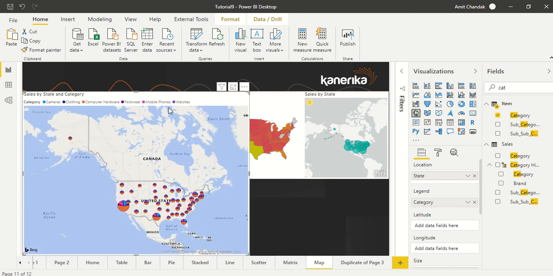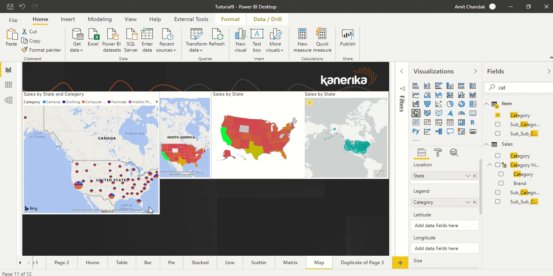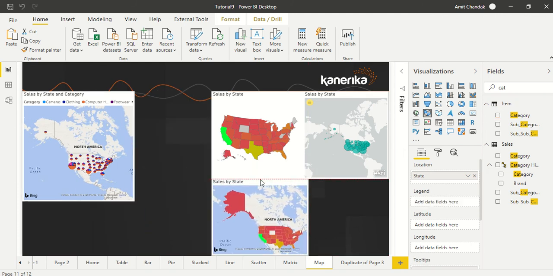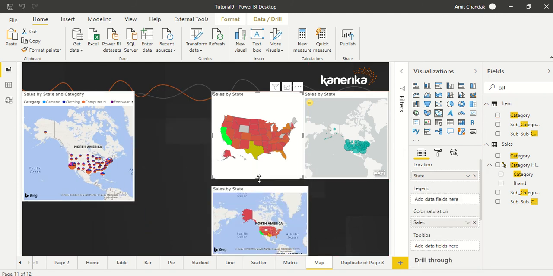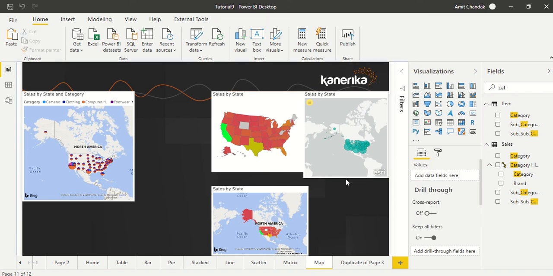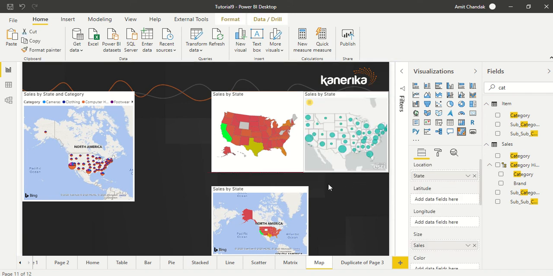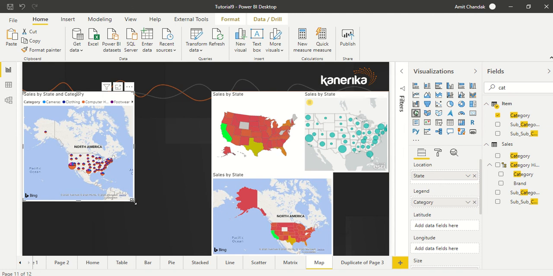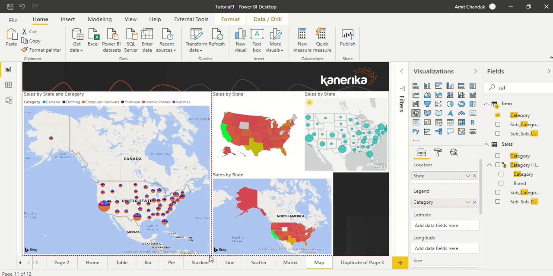Now if I make it bigger, you can see that we have pie charts here. Now if we do the same on the other visuals, what will happen? Let's drag it down here and make both of them a bit smaller and then bigger so you can see what is happening.